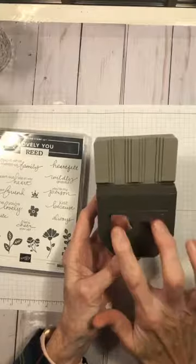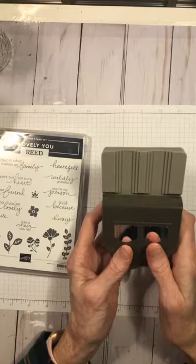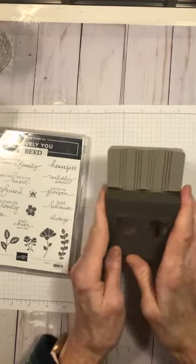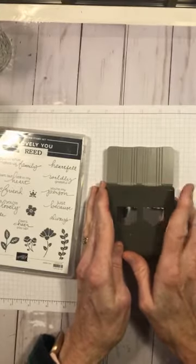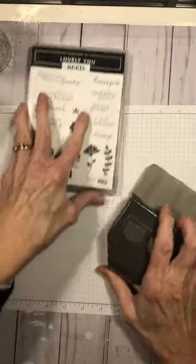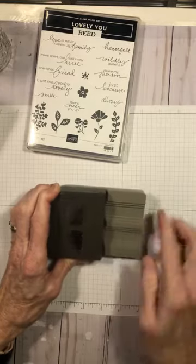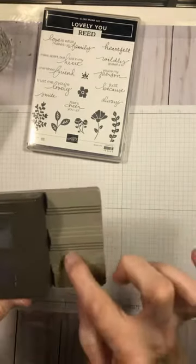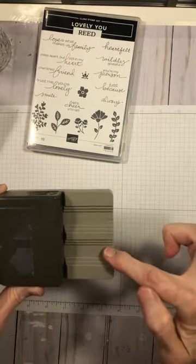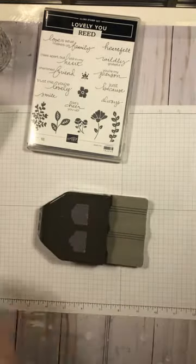But yeah, I wanted to just give you some tips on this. And the 2 cards that I've included with this are really just a way for you to get an idea of what it looks like and what I'm talking about when I'm demoing this. Now, what I want to show you is exactly how the punch works. You'll notice that there are 3 different tracks that the paper can go on here. If your paper is a 1/2 inch wide, you're going to go on the lowest track, then 3/4 and 1 inch. So you can make 3 different size